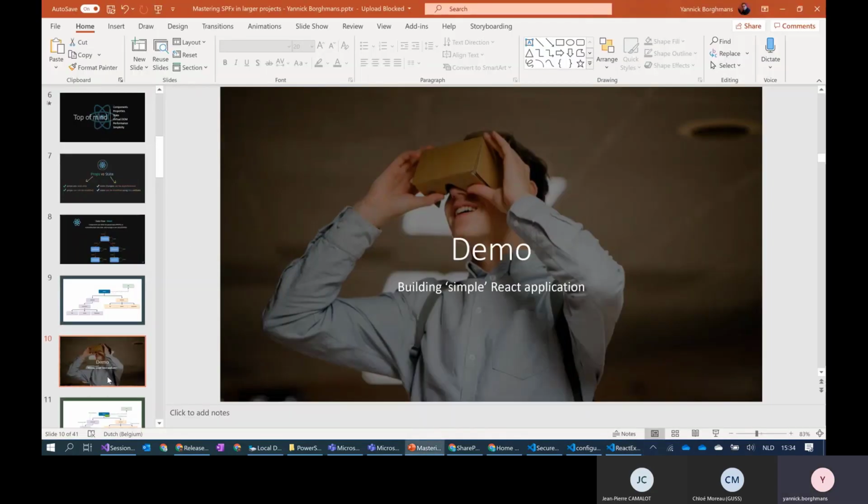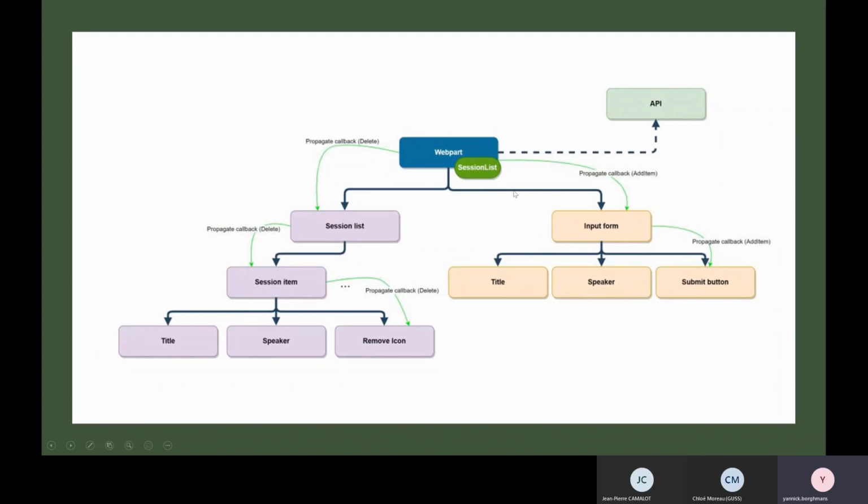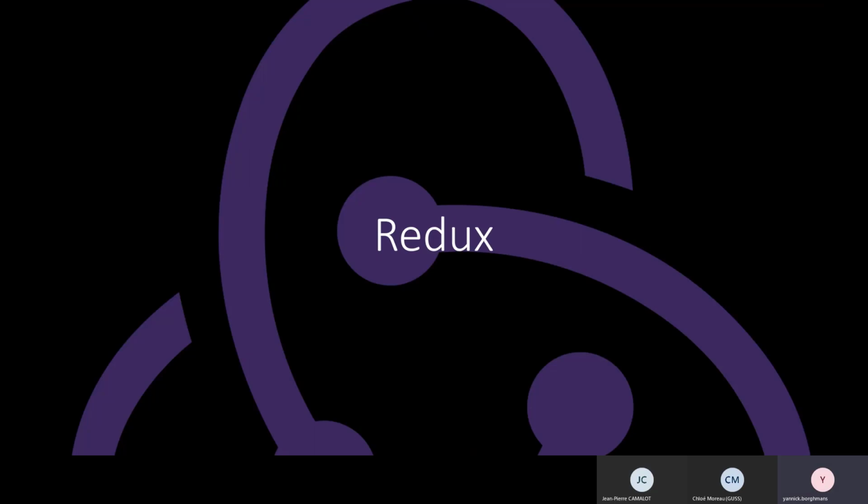So if we move towards the slides, just a small recap: web part level, the information of the session list in the state, and we're propagating the callback function towards the remove icon and propagating the callback function for adding information towards the submit button. So here you can see a bit of the data flow between the multiple components. This was a pretty easy example, and also the data flow was pretty easy. But hopefully you can imagine when you have a lot of information, a lot of components rendering each other,